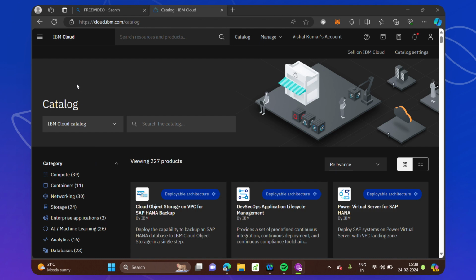Now, today we will see how we can explore IBM Cloud to develop a project on machine learning and artificial intelligence. This is something which is going to rule the technology of 2024. So let's explore the IBM Cloud and see how it can be used to make projects